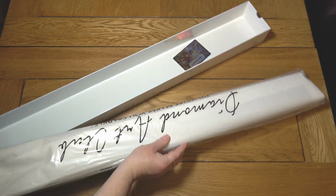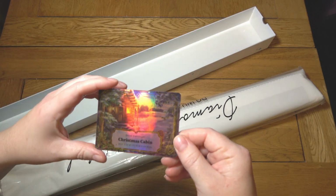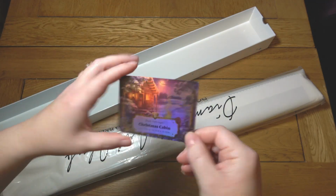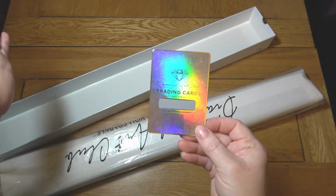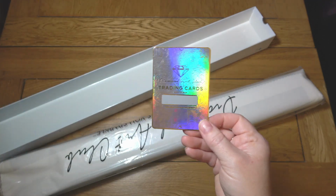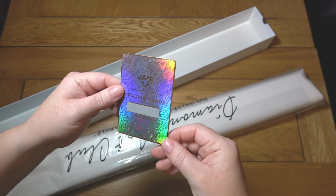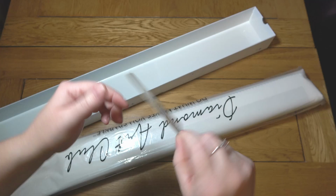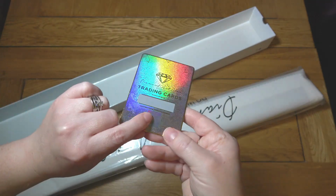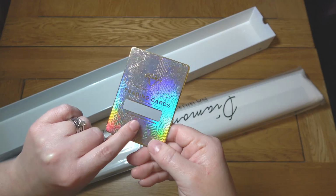Oh, I forgot my whatchamacallit, trading card. And this is my first gold card. In fact, it's my first card that isn't bronze or silver. So I finally got a gold one. That's exciting. If you don't know what these are, you probably can't see it because the hologram's making it really reflective, but you go to